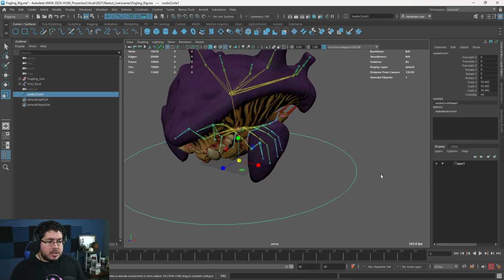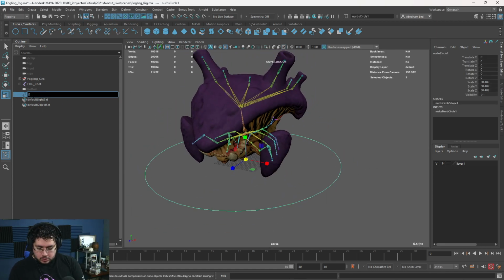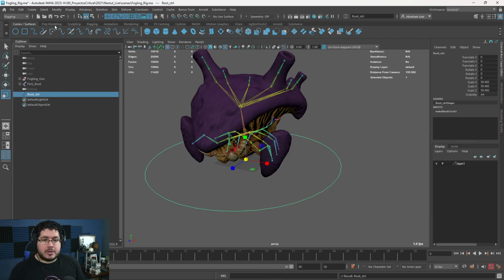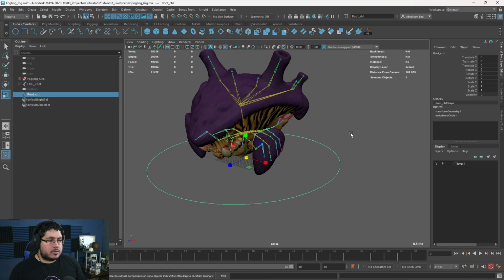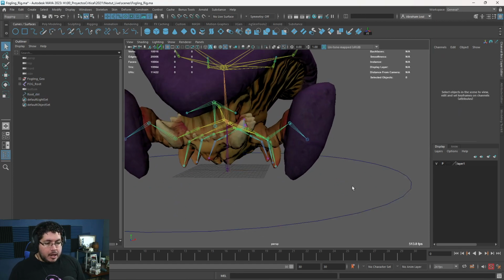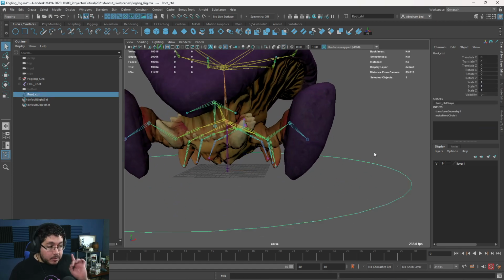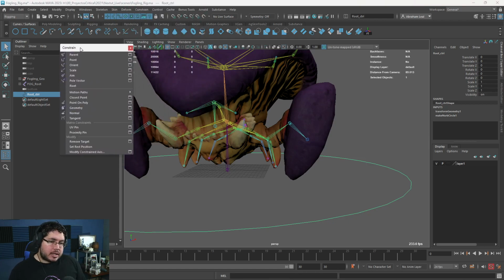So for instance, I'm going to create this curve, which is going to be my main control, or the root control. I'm going to call this root_control. And I'm going to freeze the transformations. There we go. So freeze transformation, so this is set at 0. And what I'm going to do is create a parent constraint. We're going to be using constraints a lot. A parent constraint is an indirect connection that you can get from one point to the other.